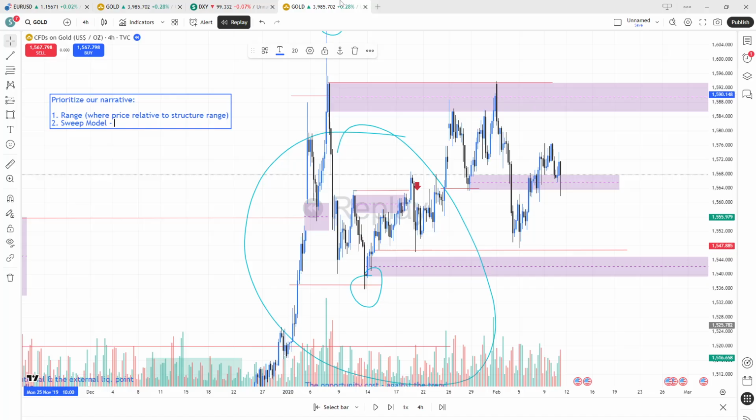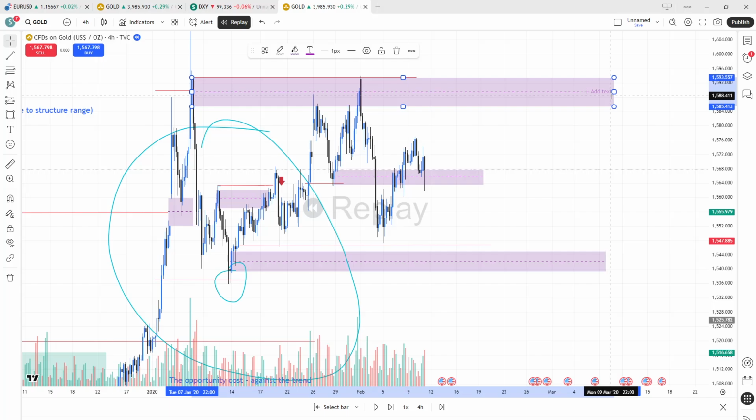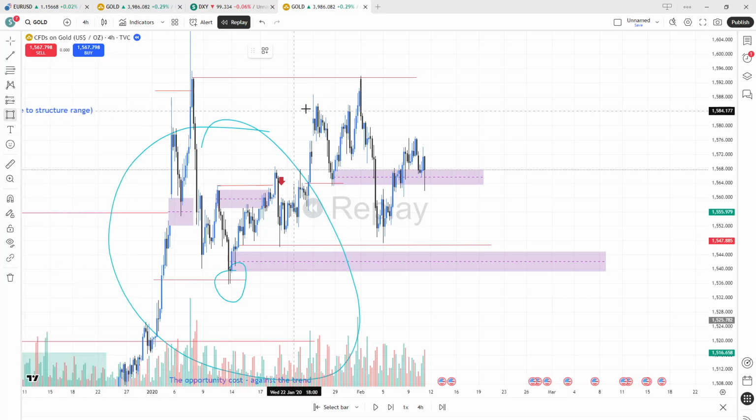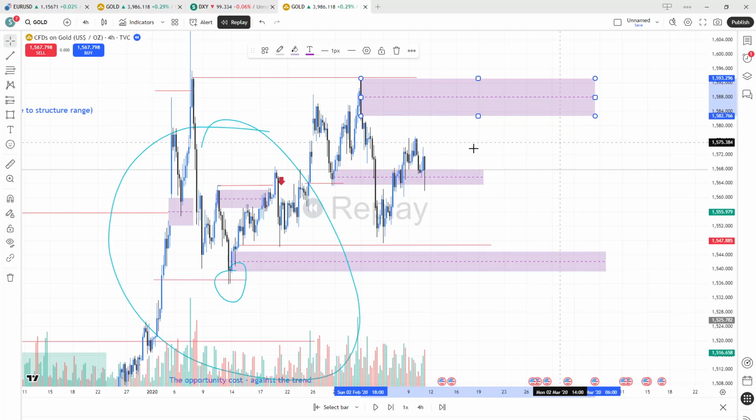Sweep model, okay, so we do see a sweep model here. Once price took out that low or that high, right? Internal, external, gave us that bullish engulfing, right? So this is not even like right here. This is not even that, but gave us this bullish engulfing candle where price never came back